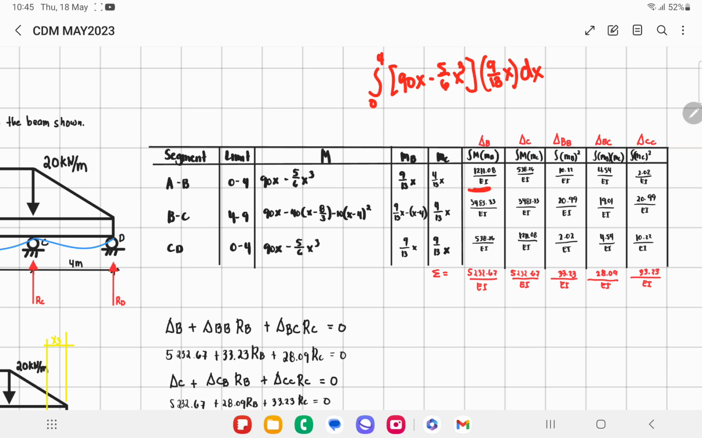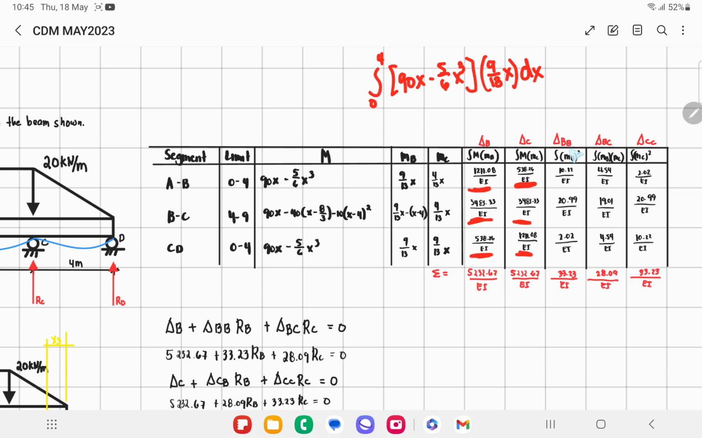Okay? And then, ganun din gagawin nyo sa ibang mga moment. Okay? So, for delta C, ganun rin, but the primary structure moment is then multiplied by the moment equation due to that virtual system at C. So, ganito rin yung makukuha nating mga sagot. Okay? And then, for the